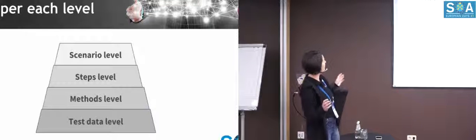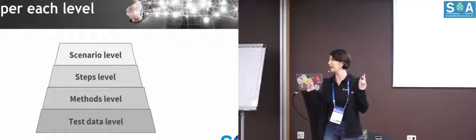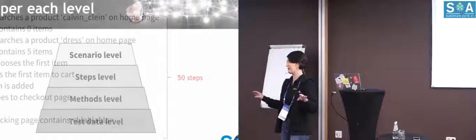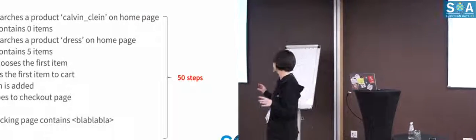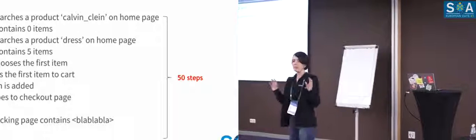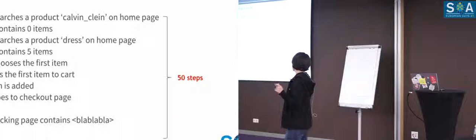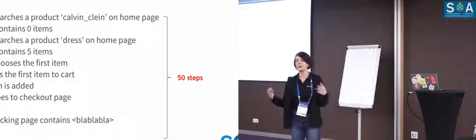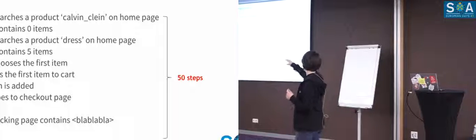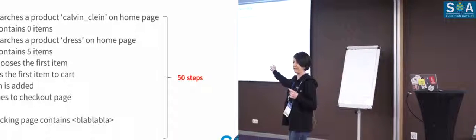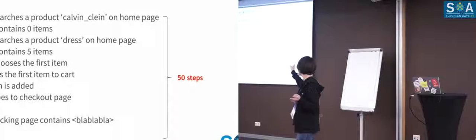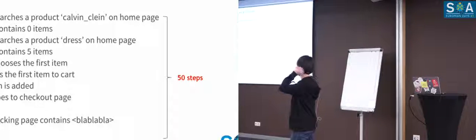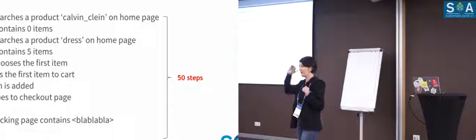Number one, on scenario level. Just a friendly reminder that our purpose today is to make our regression completely red. How can we reach this purpose using just the scenario level? Very simple. Just create very, very long scenarios. Do you remember what we will have if something fails in the middle of the scenario?